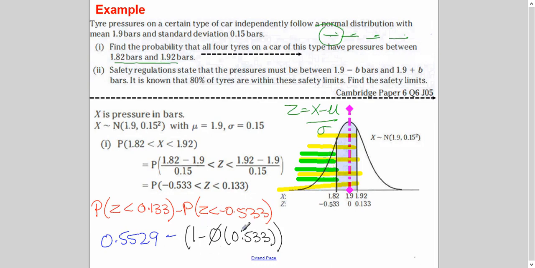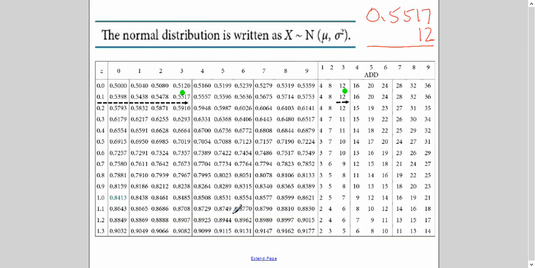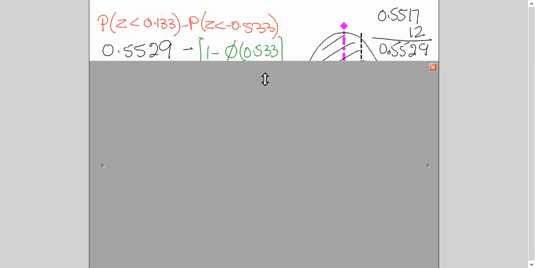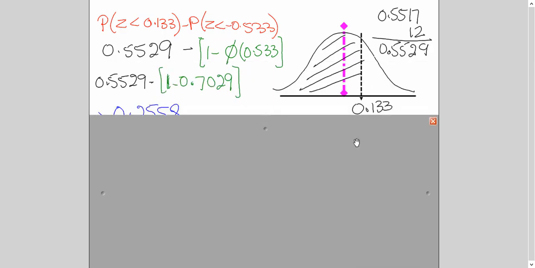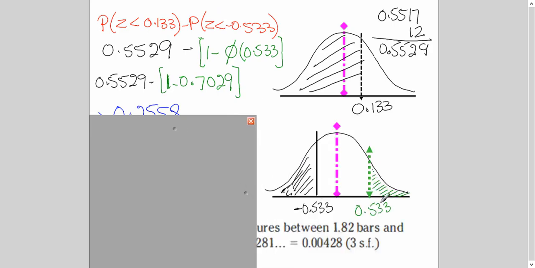And what we are doing here, if you remember, how to handle the negative values of Z? We always use symmetry for that. So if you remember, you have to do minus 0.533. It means this black area you have to calculate. But it's negative Z, you can't read the table. So you use symmetry of it, and this area equals this area. And to calculate this area, you do 1 minus. Reason? Because the table always reads the left hand side area. So when you read probability of Z 0.533, you will get this area, so you'll minus it from 1 to get this one.